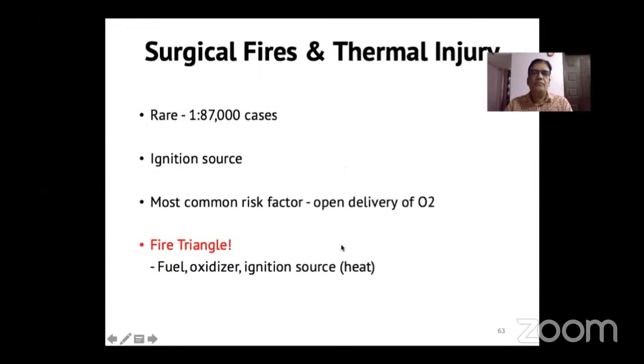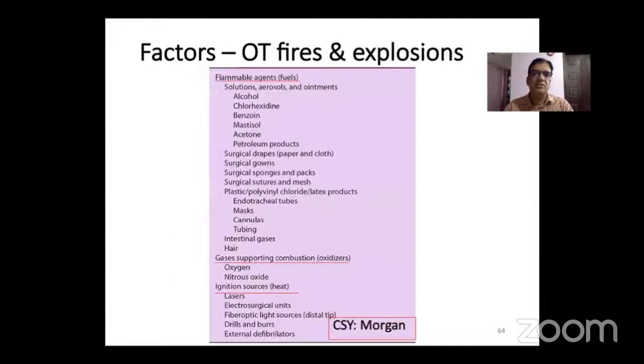So there is a risk of surgical fires when you go beyond this also, and the patient can have thermal injury, which can happen in 1 in 87,000 cases. For this, we need activation of a fire triangle. That is, there must be a fuel, there must be an oxidizer, and there must be an ignition source or heat. In fact, this is picked up from the textbook of Morgan,